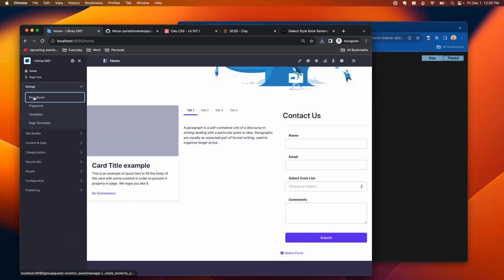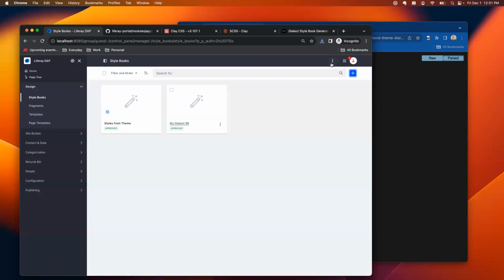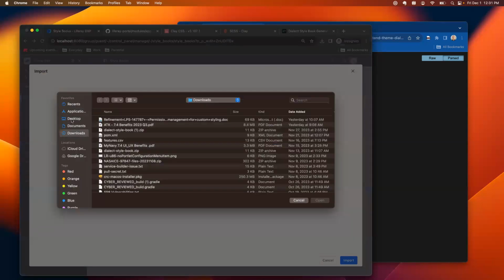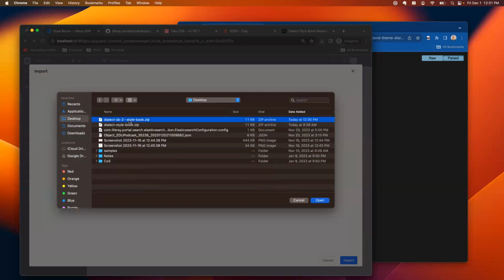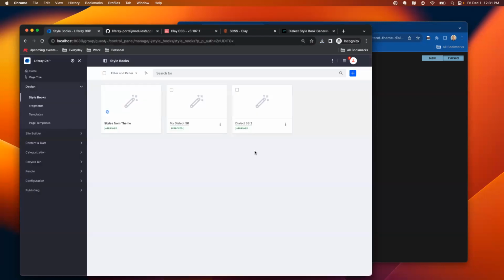Let's go to Style Books and let's import this. Let's add. You need to go over here and do import. So this is a zip file. This is not using the LAR format that some of you might be familiar with. Here's my SB2 style book. What this basically has is a manifest in a JSON file format, and then also the JSON format for the actual style book definition too. So now I've got this